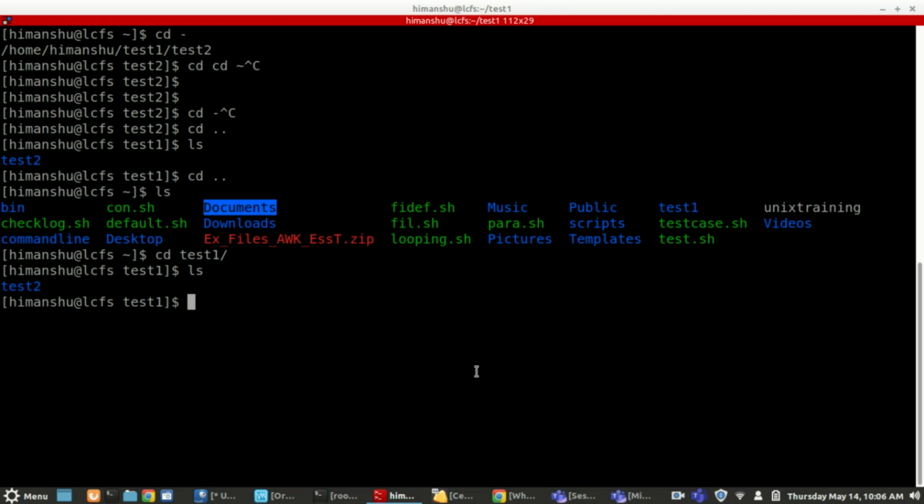Okay, currently I am at test1 directory, right? This is my current path, pwd, right? Now I want to go back to my home directory and go inside this directory, but I need to do it in only one command. I don't want multiple commands.